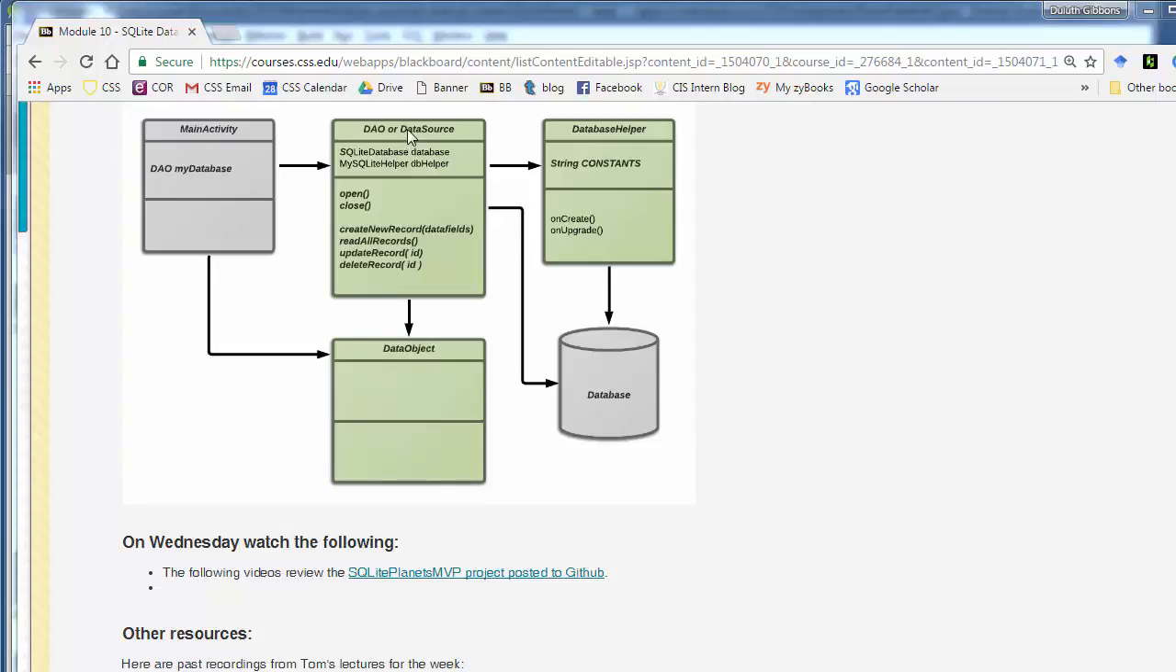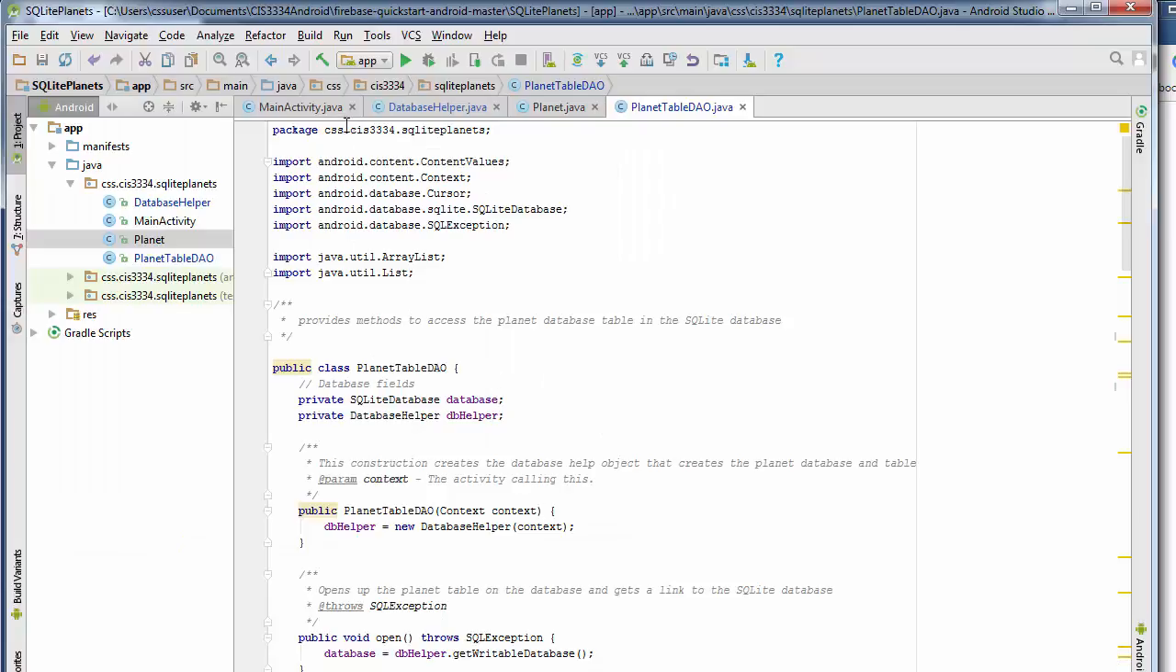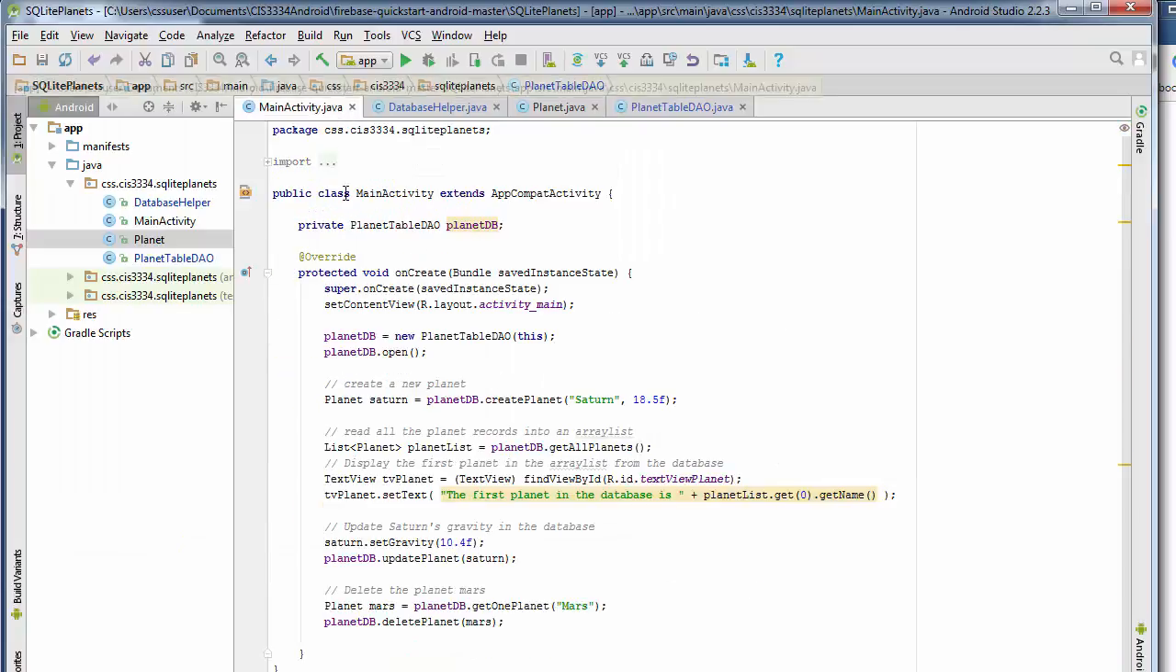So the last thing we're going to look at now that we have that is how we might use this in our main activity. So let's look at the main activity. Now usually you'd have a whole user interface here. So in your XML file you might have some sort of list or object that would list out all the planets,